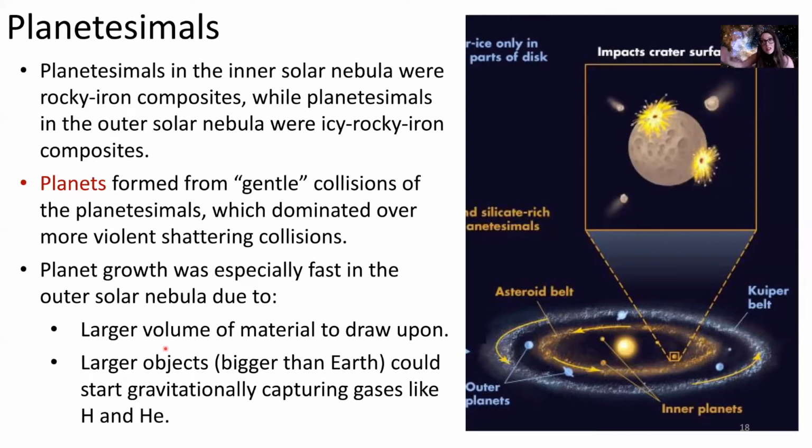So that means you have more material to move through. And that's why you can build these larger planets further out away from the center of the sun. Okay, so that explains why there's a larger volume of material in the outer protoplanetary disk than there is in the center. And these larger objects, larger than Earth, out at the edge, or towards the edge of our solar